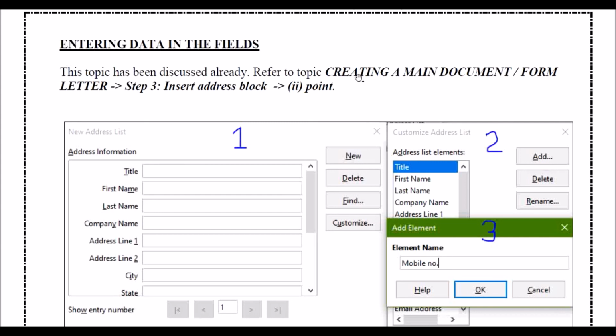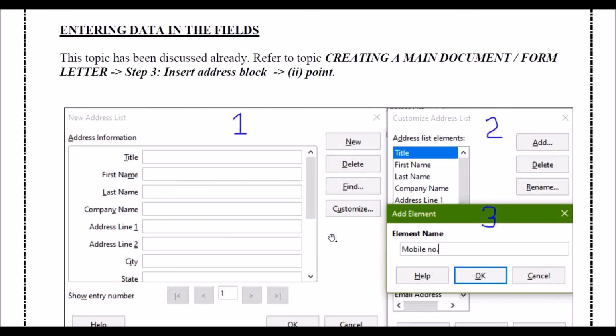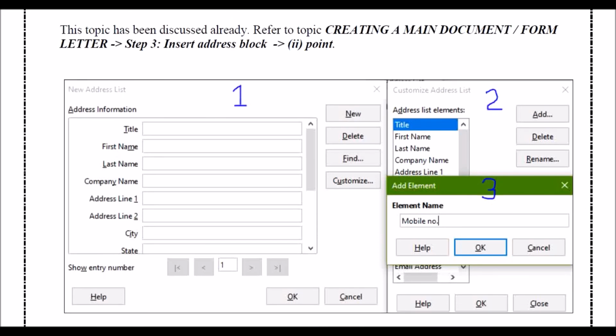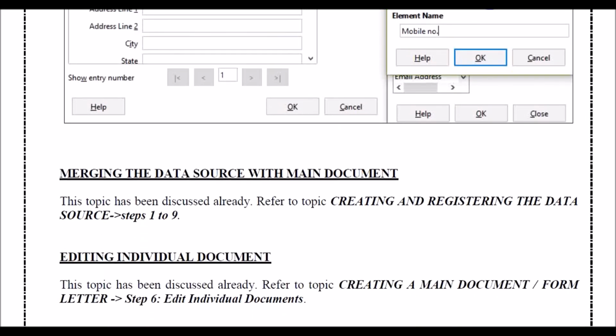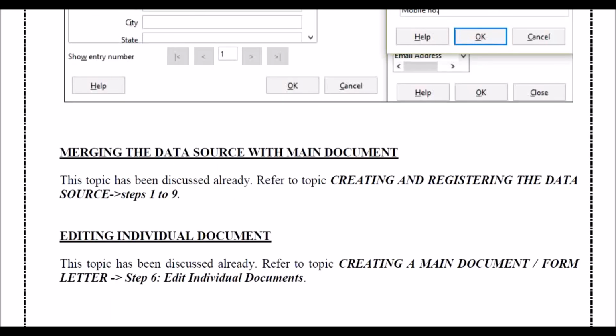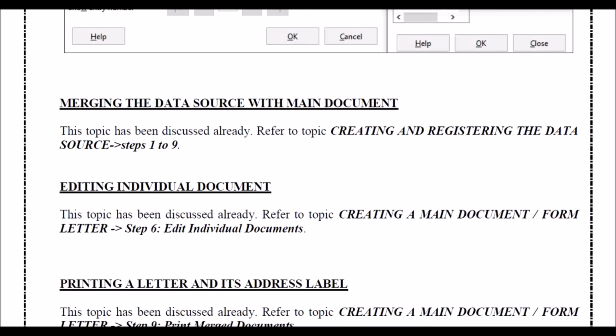This we have already covered in creating a main document, how to create the customized address list, how to enter the data in that. And then merging the data source with the main document, this also we have already covered. We have created the data source in Excel, we have registered it, and then we have merged it with the main document.